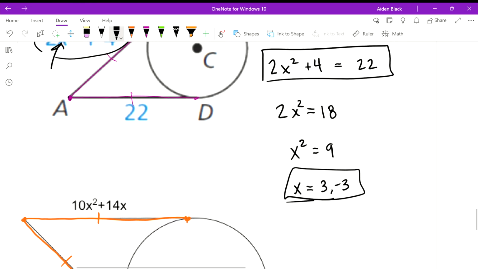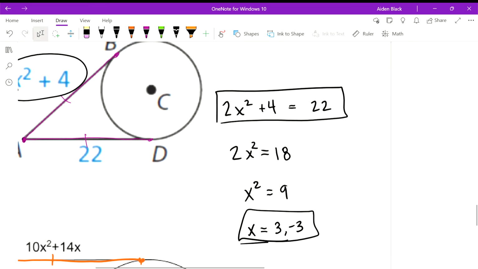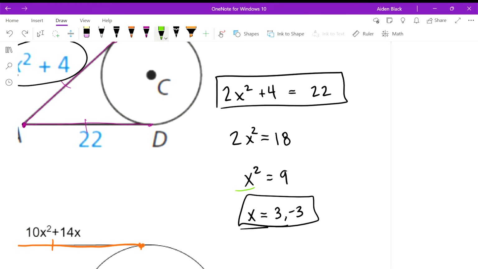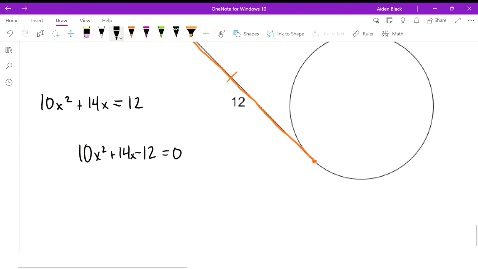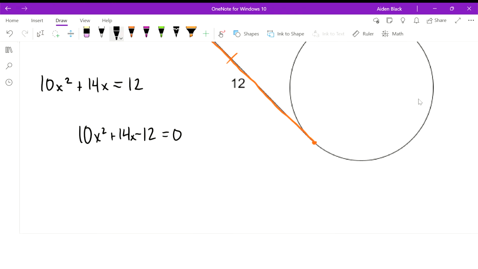Unlike this previous one, we didn't have an x value on the previous one, so we were able to just subtract 4 from both sides. We were able to just have a single x on one side of the equation. Here though, we have to factor this out. It must be factored. So we need to set it up like a quadratic, right? This is very much like ax squared plus bx